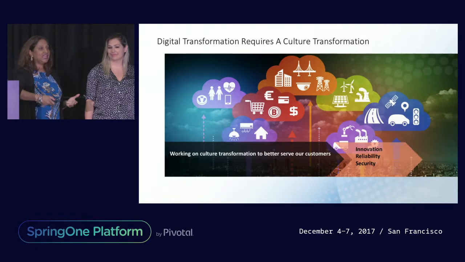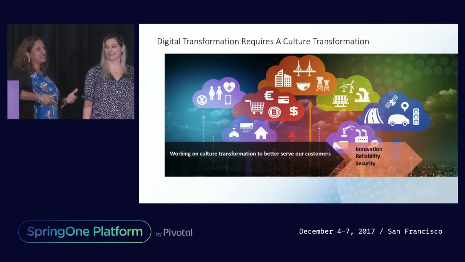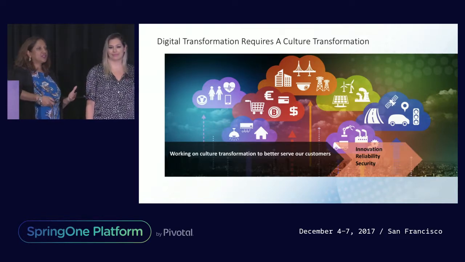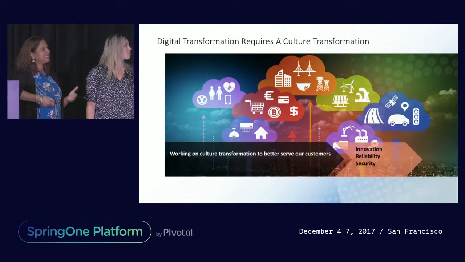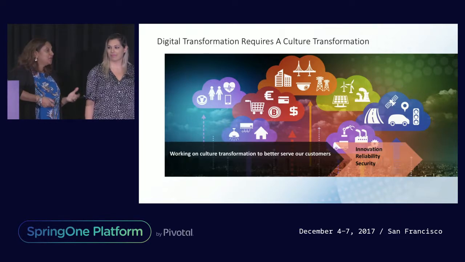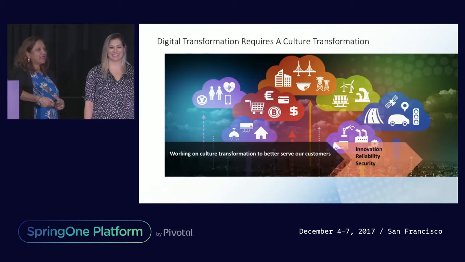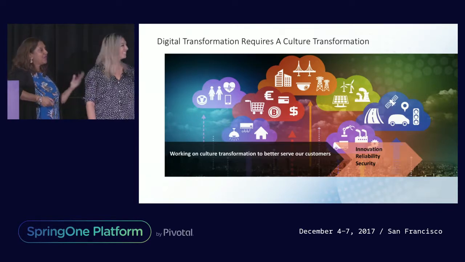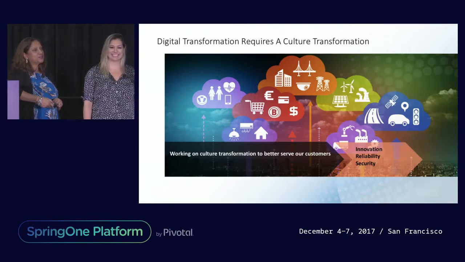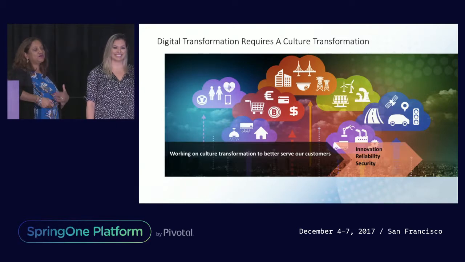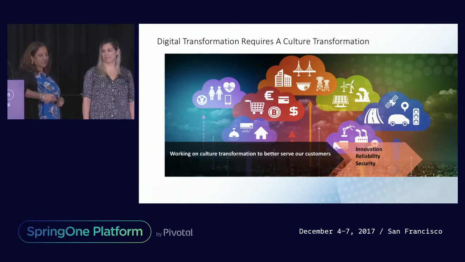And I hope by the end of this talk, you've also had a better sense of all of the technology, all of the amazing engineering that happens in the company, and what a transformed company this is, and why we belong here at SpringOne and at Cloud Foundry and at KubeCon and all of these organizations, because we believe in these technologies, we use them ourselves, and we use this to deliver services to our customers.